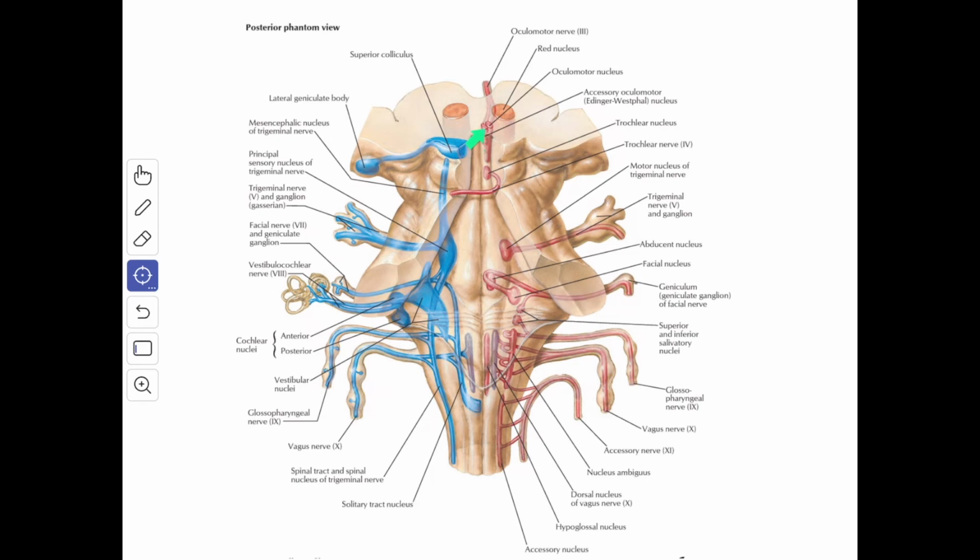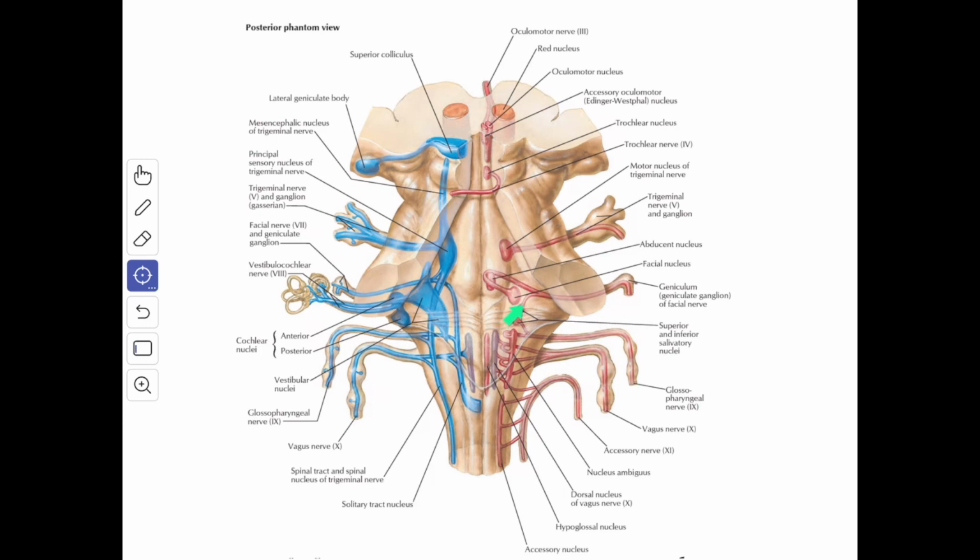This is the Edinger-Westphal nucleus, also called the accessory oculomotor nucleus or visceral oculomotor nucleus. It is located in the upper part of the midbrain, dorsal to the rostral two-thirds of the main nucleus of the oculomotor nerve. The preganglionic parasympathetic fibers arising from this nucleus reach the ciliary ganglion by way of the oculomotor nerve, where they terminate. Next, we will see the superior salivatory nucleus and the lacrimatory nucleus.